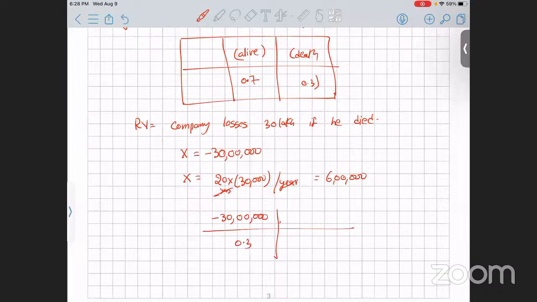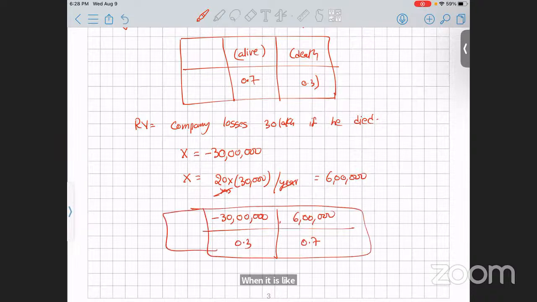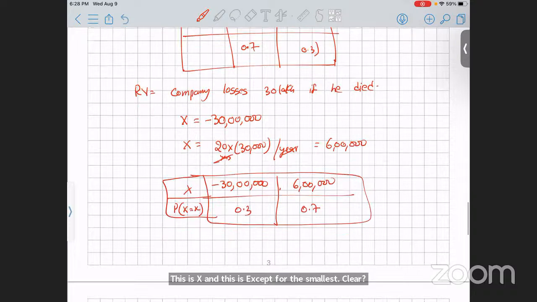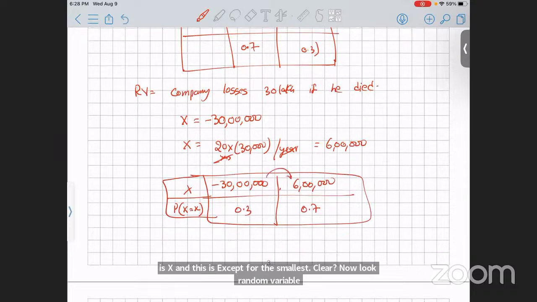And 6 lakhs when it is like 0.7. Okay. This is x, and this is the probability of x equal to small x. Clear? Now look, random variable helps us to